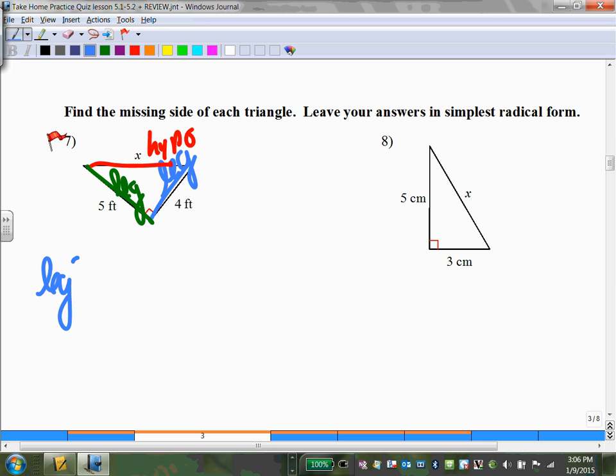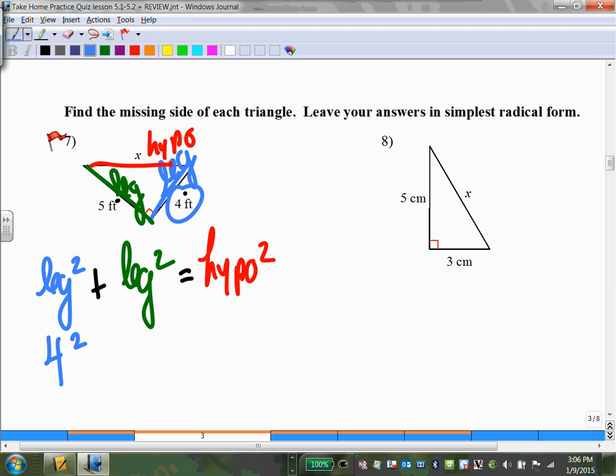Remember, I prefer the descriptor version, which is legs squared plus legs squared equals hypo squared. All right, so you write legs squared plus legs squared equals hypo squared. And we're doing that because we have 2 sides and we need a 3rd side. Now we're going to circle plug chug. So we have legs squared plus circle legs squared